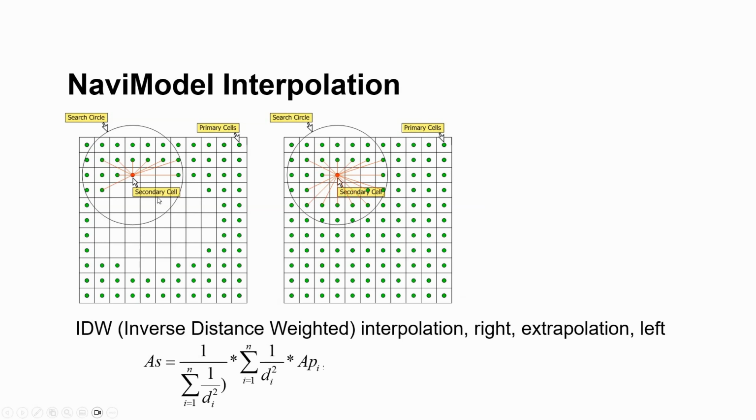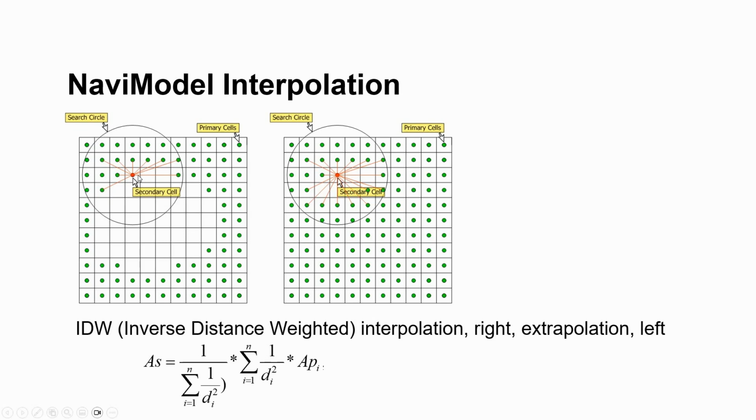When we are doing interpolation, for this particular secondary cell, we're looking inside a search circle that we're also defining. You define the size of this search circle, and then NaviModel will simply look in all directions for this particular secondary cell. Once it meets a primary cell, it will not look further in that direction, and then it will